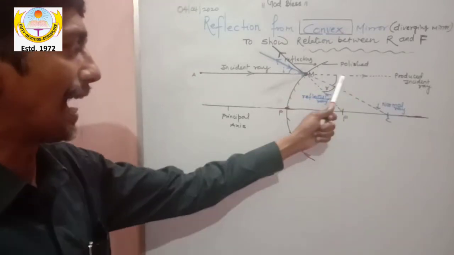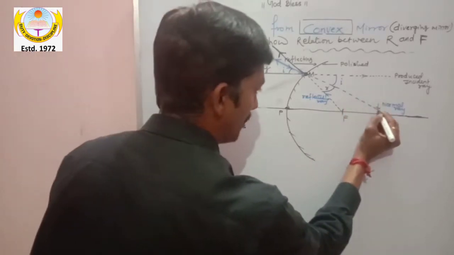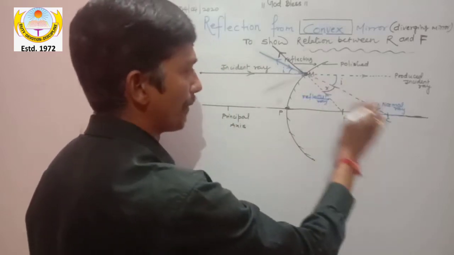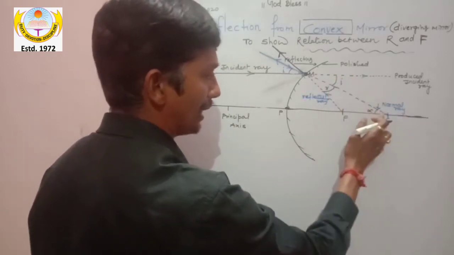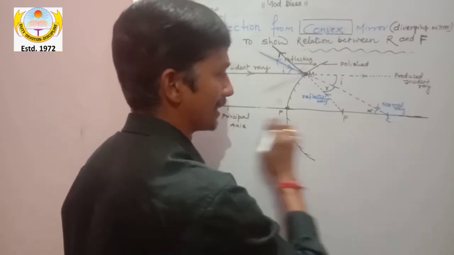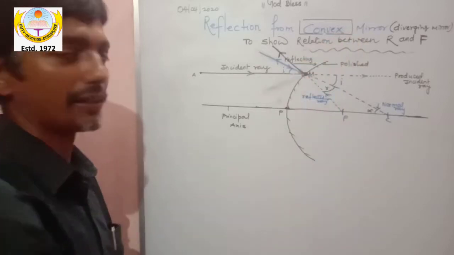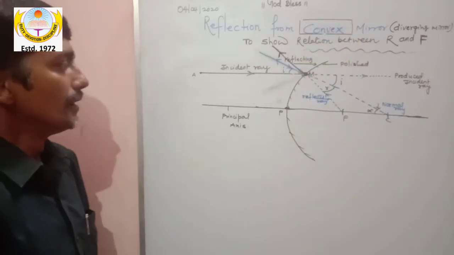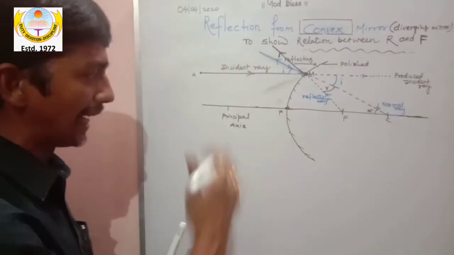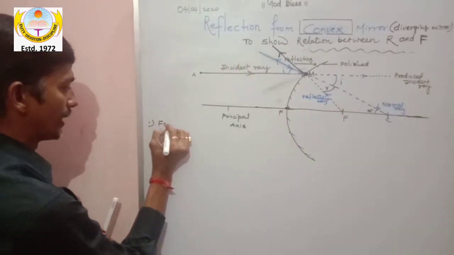So I hope angle I and angle R is clear. Similarly, let the normal ray make an angle of alpha. You can see normal ray making an angle of alpha with the principal axis. Similar manner as what I have done here in the previous topic. So my dear, what will be the derivation for this topic? Again, from figure, I am writing start here. From figure,